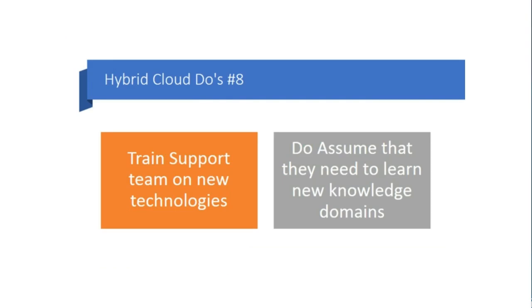All right, number 8, training the support teams. I know that John was talking a little bit about training the teams and what it is that we have to do to get them skilled up and skill ramped. Well, you know what? We're in the IT industry, we should assume that we are in a continuing education career. And so you need to be prepared that when you're taking this journey and looking at hybrid cloud and all of the different options that are out there, you've basically got to continue to skill ramp